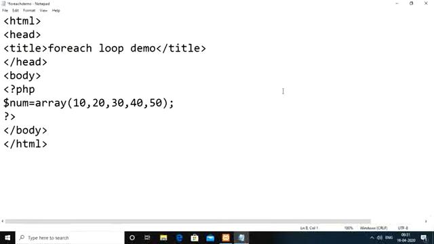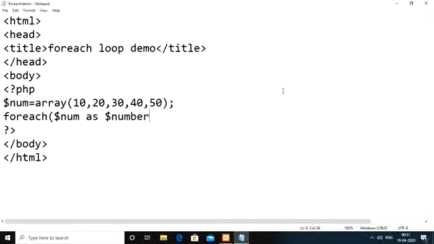Instead of that, directly what you can do is take a foreach loop. For the foreach loop, we need to give an array expression, which is nothing but the name of the array, here called num. We need to take one value from the array one by one, and specify that value with the help of one name, each and every value of the numbers array.